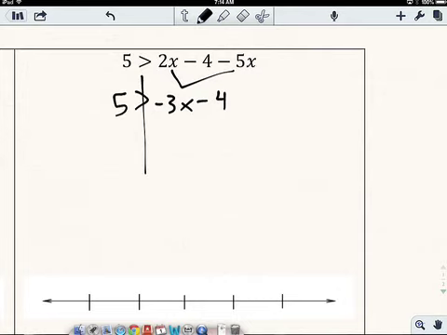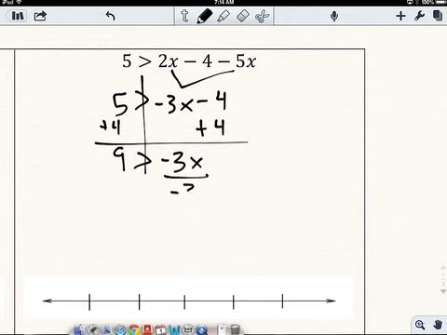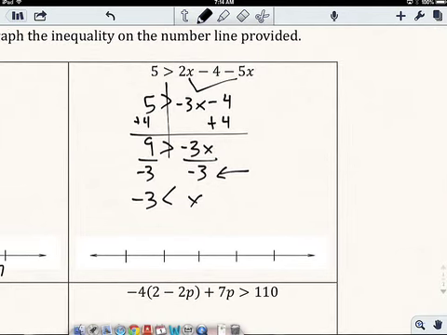Now I need to start undoing. So I add 4 to both sides. So I get 9 is greater than negative 3x. Now I'm going to divide by negative 3. Now I get negative 3 and x, but because I divided by a negative number, the symbol is going to flip, so I get x is greater than negative 3 rather than the opposite. And so in this case, you'll notice that x is on the larger side, so this means that x is greater than